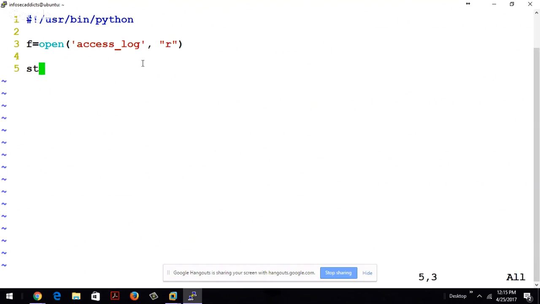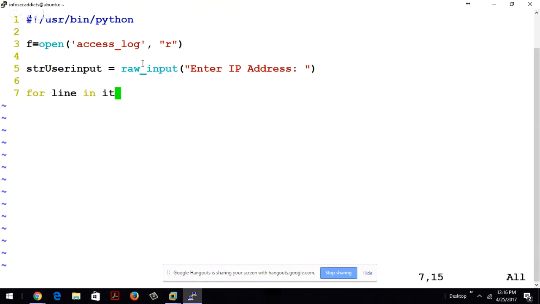So let's go string, let's go user input. Right, okay, so we'll go raw input. Okay, so this is the stuff that we learned yesterday with raw input. So raw input is if you want to take in a string. Okay, so now I'm going to do that same thing. So for line, and I love this one. Check this out. iter f. Check that out. What? That is so cool. So now I'll go IP, and let's make that